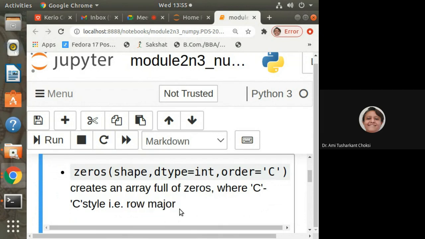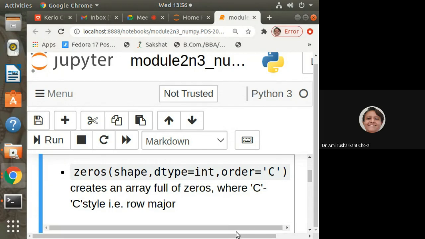In arrays in C or C++ language, we used to talk about row measure and column measure. So you can recall that here by default it is C. You may get confused that it is column measure. No, C is the row measure, right?